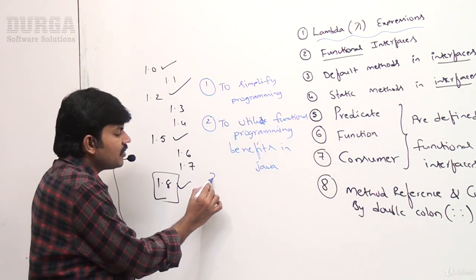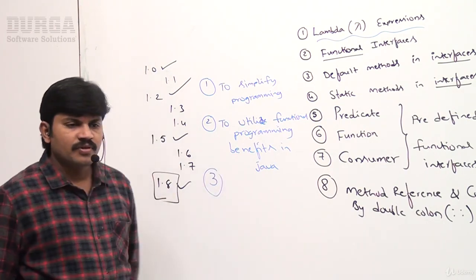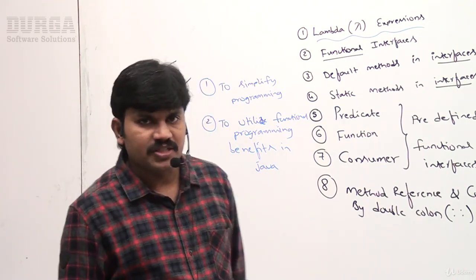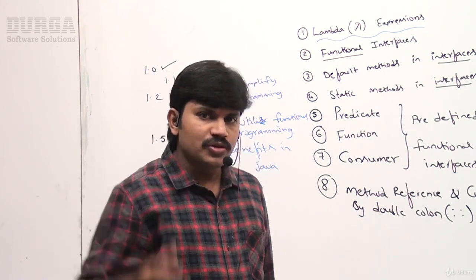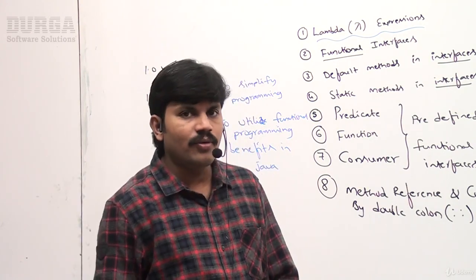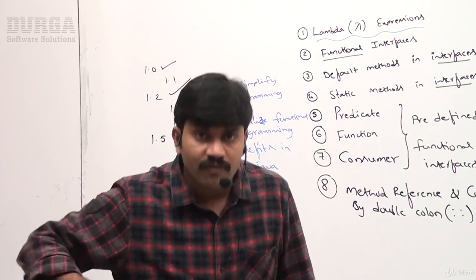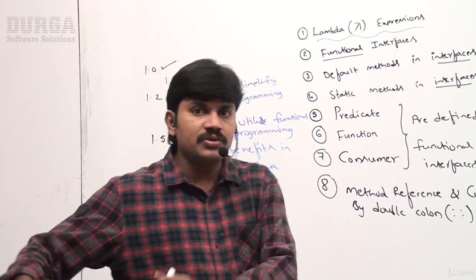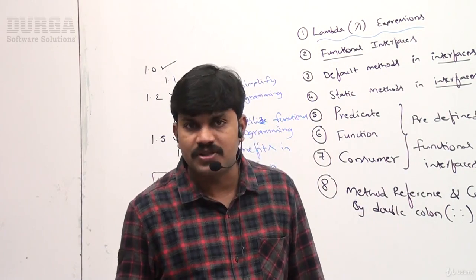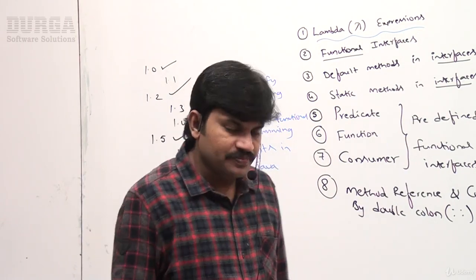Next, the third reason why Java changed in the 1.8 version is that the style of coding is going to change. Traditional code versus code with lambda expressions: the way of writing code is a completely new, different syntax that is going to come into the picture. What is the other main reason?